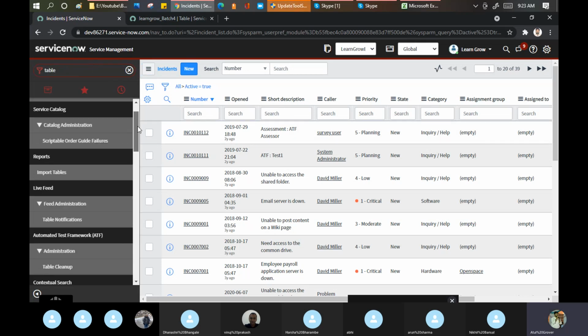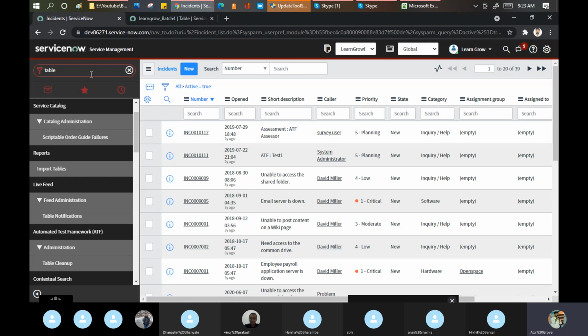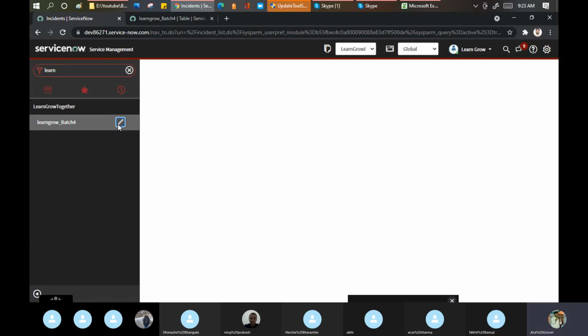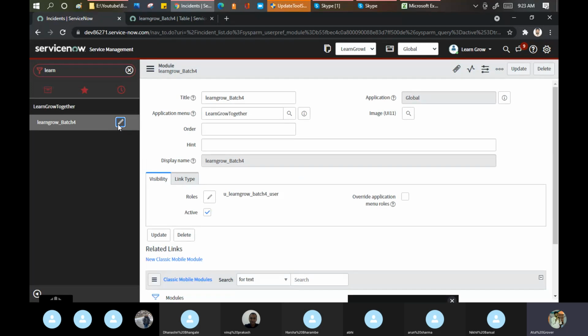Table. Let's go there and click on this particular pencil sign. When you create a table for you today, create a minimum of 5 different modules in that. I'm not going to tell you how to create a new module.